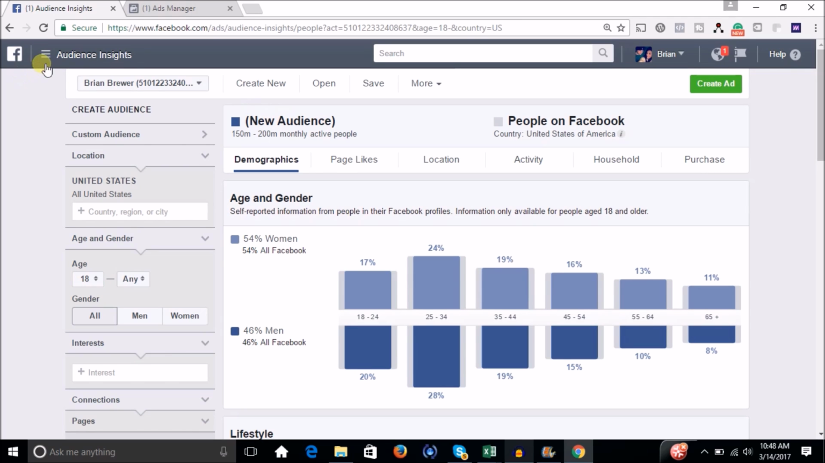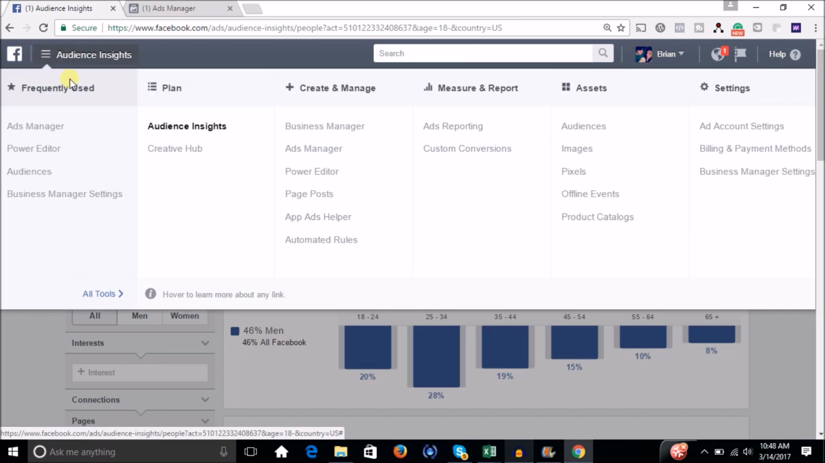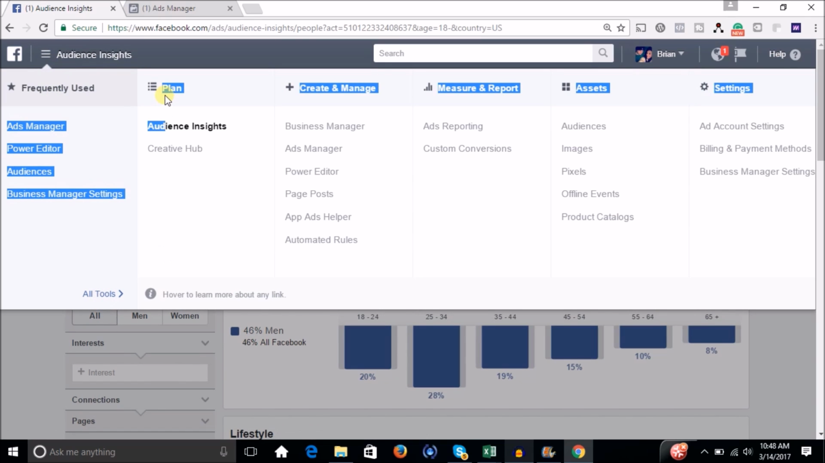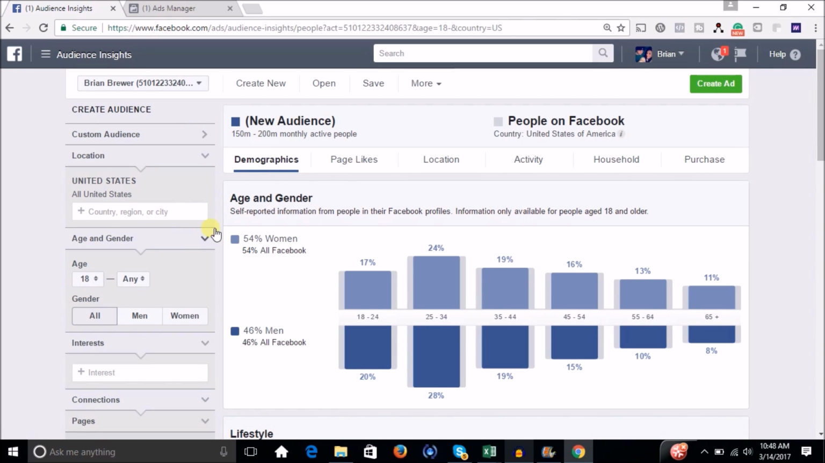Now, the first thing you need to know is obviously where you're going to find this. This is going to be under the main menu, under All Tools. If you go under the first column here, it'll be the Plan column, and that's the Audience Insights tool right there. Now, this is going to be a great tool to help you research your market or your niche or your target audience or whatever you want to call it, because there's just a ton